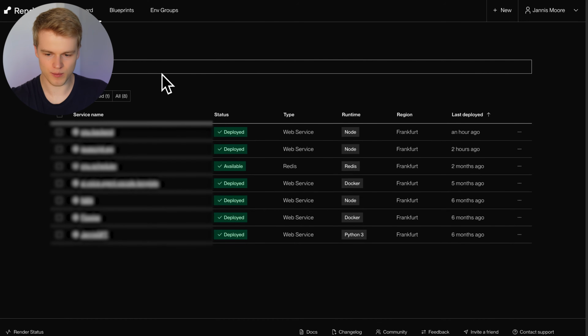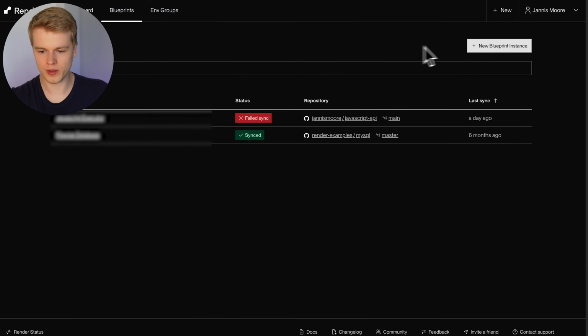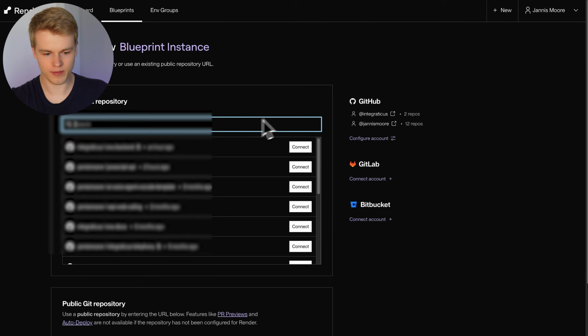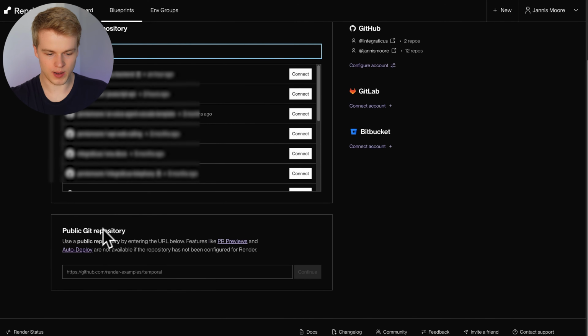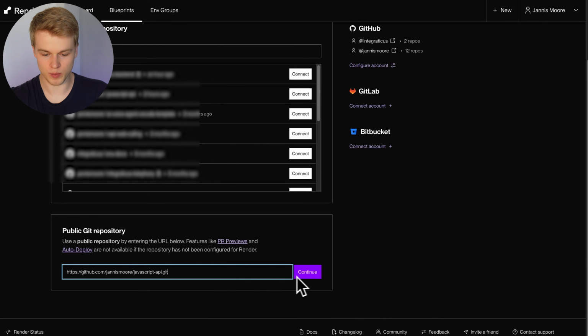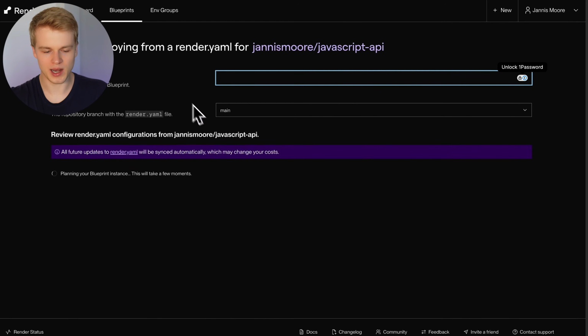So instead of worrying about the servers and instead of clicking on New, which is what you can do if you want to set up a custom server, what we do is we go here over to Blueprints, and once you have Blueprints, you click here on New Blueprint Instance. Now, when you scroll down, you can see here public Git repositories. This is where you paste the URL that you just copied. You click on Continue, and now you will be